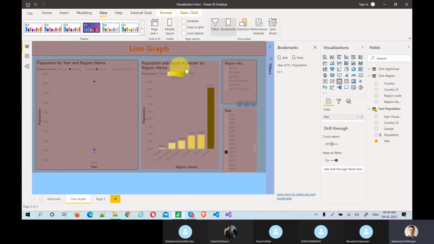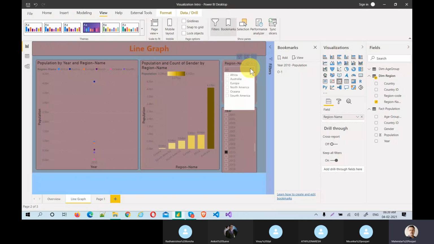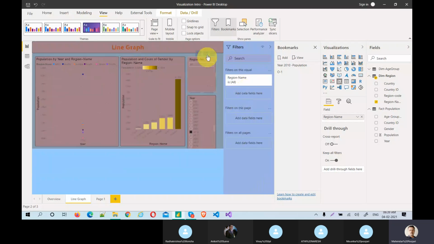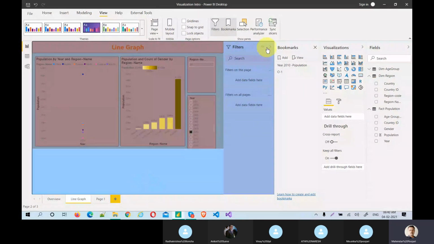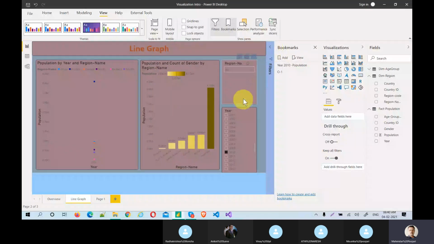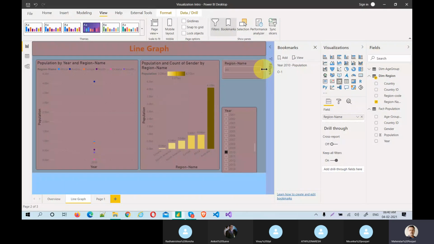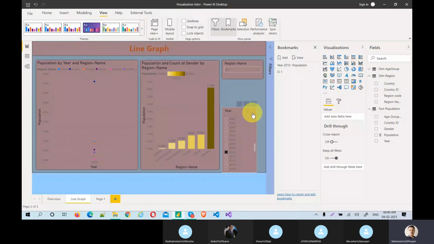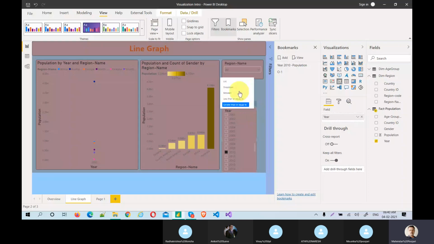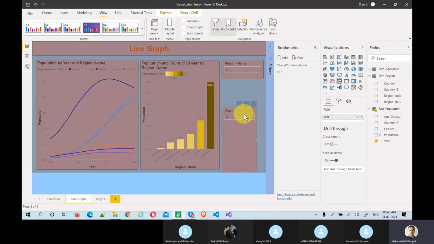Those slicers will come on the top with the list option, not this drop down option. If you apply all these things, you save the space. This is another inbuilt slicer. Apply this and put the name clearly, and you can do the same way with drop down, so it will give you space saving.